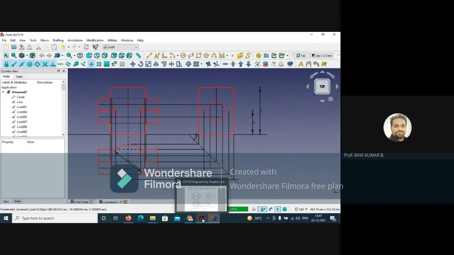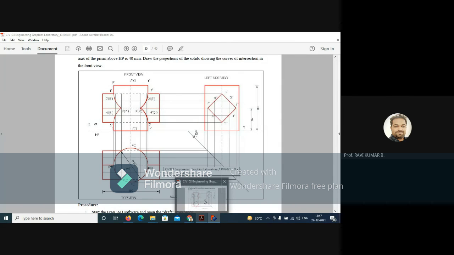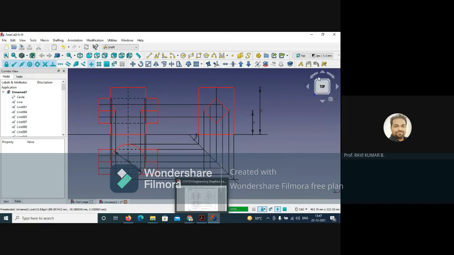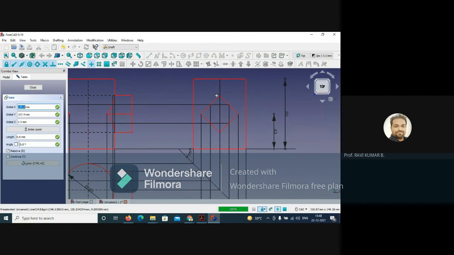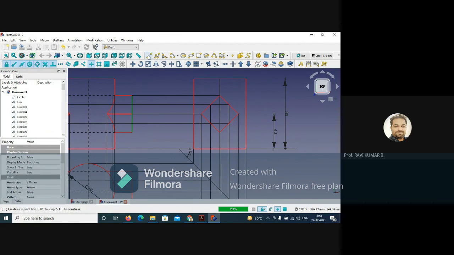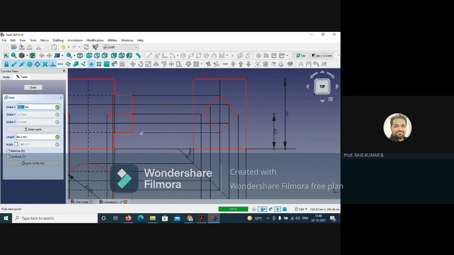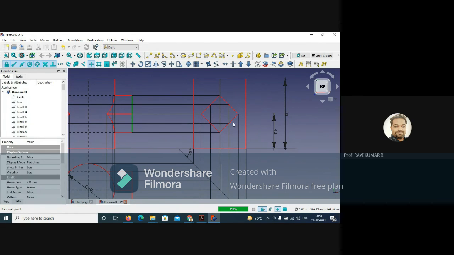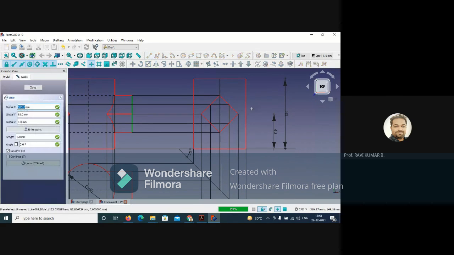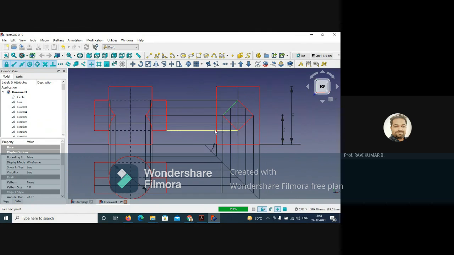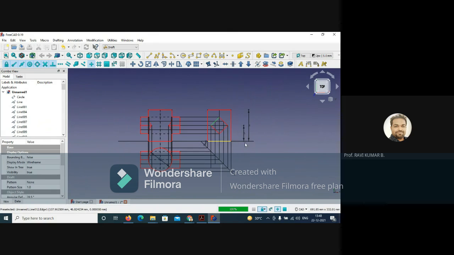So now look at this diagram, whatever projection lines are there, every line needs to be drawn. Like here also, all points need to be projected. So you project all these points, whatever is left, like one is left with this one, this also needs to be connected here. All right, and take this, this is already connected. Take this one also, you can connect over here, and the last one, this one also needs to be connected over here. All right, and this also needs to be connected. So take a line here and connect the points. Then annotation is pending. You put the annotation for all and just finish.